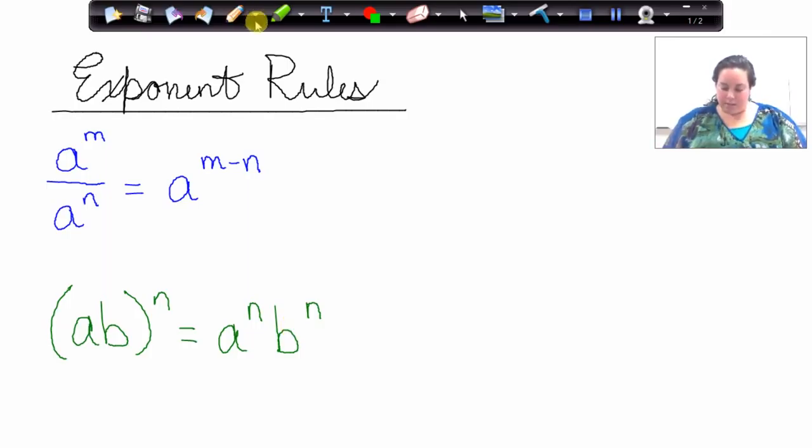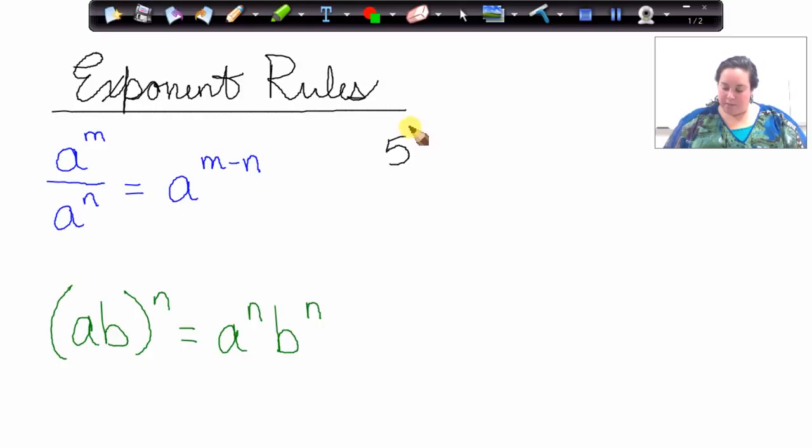Let's do an example, I guess, of this first one. A to the m divided by a to the n. Notice we have the same base and we're dividing. Then we subtract the exponents. These 2 things are the same. So for example, if we had 5,